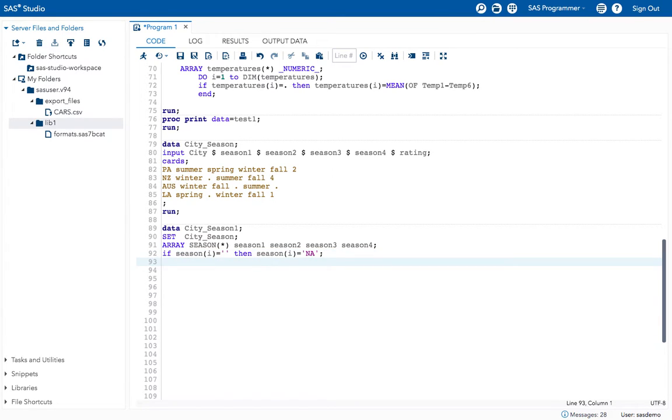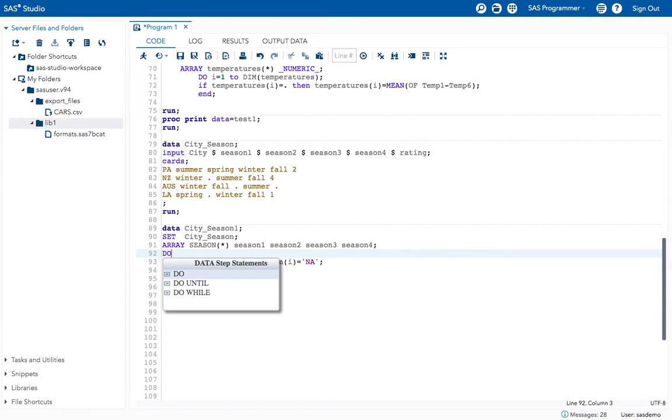Now if I want to repeat this same procedure 4 times, what do I have to do? I have to give the do loop statement: do I equal to 1 to dim. I will give dim here.